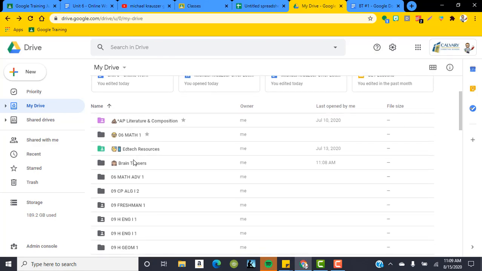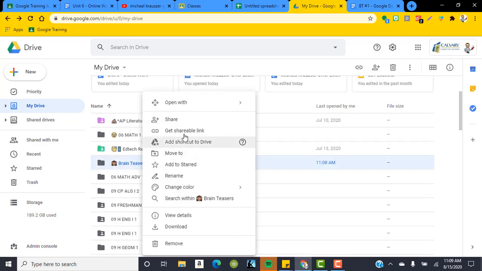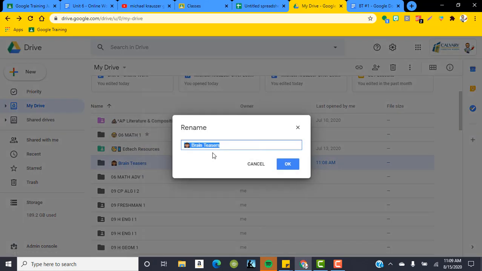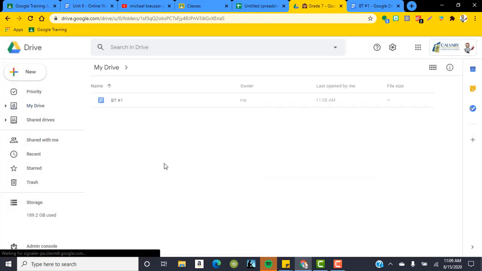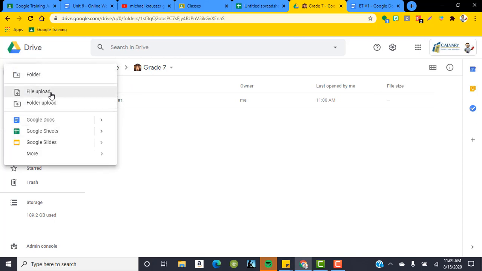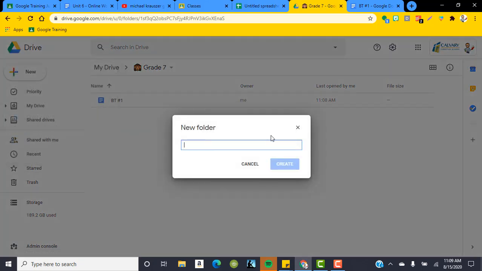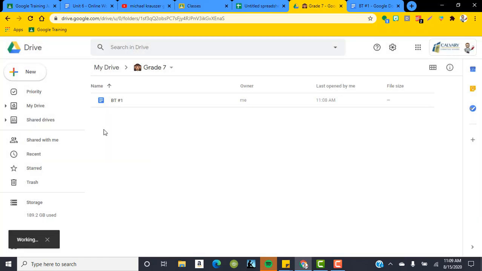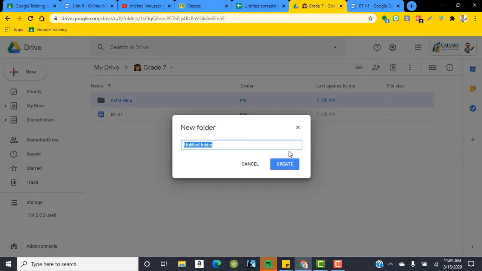Maybe you want to make it more broad, and instead of naming something brain teasers, I'm going to rename it, and I'll just say, let's pretend I'm teaching grade 7. So I'm just going to put in grade 7, and now within that folder, I can create subfolders. So maybe I want to create a subfolder that is for extra help, and I have documents there for extra help. Maybe I want to create a folder for extra credit